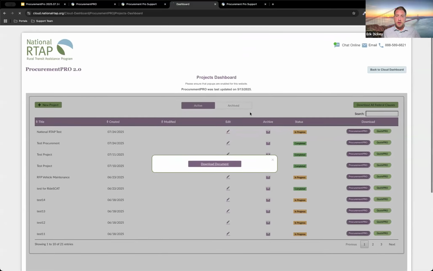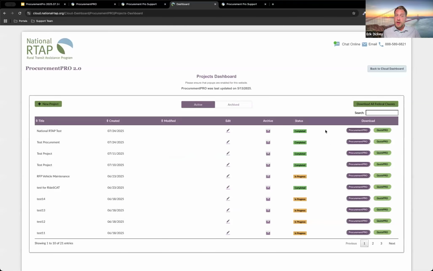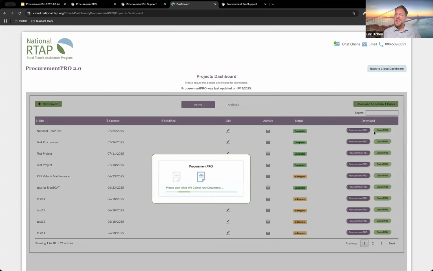Now, if you just need that Quick Pro, we can find this completed document and click on Quick Pro. And again, it takes about 30 seconds to a minute or so, but this will only give you those applicable clauses and certifications. So all those checklists, all those extra information included in the full procurement, you will not get